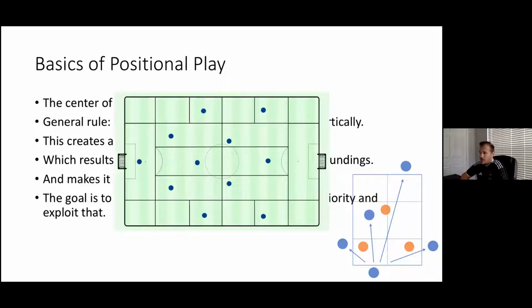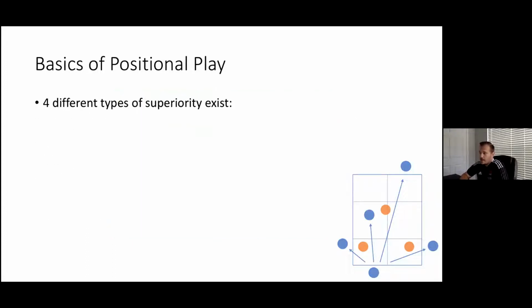And again, this is just showing an example of a 4-3-3 kind of spread across the field in their different zones. And it's one way to look at it, but they're all on separate lines from each other, not necessarily more than 3 in a horizontal line, not necessarily more than 2 in a vertical line. And they move the ball across these positions with little adjustments to wherever the ball is to find the way forward. The 4 types of superiority, which I just mentioned on the last slide, are going to be positional,